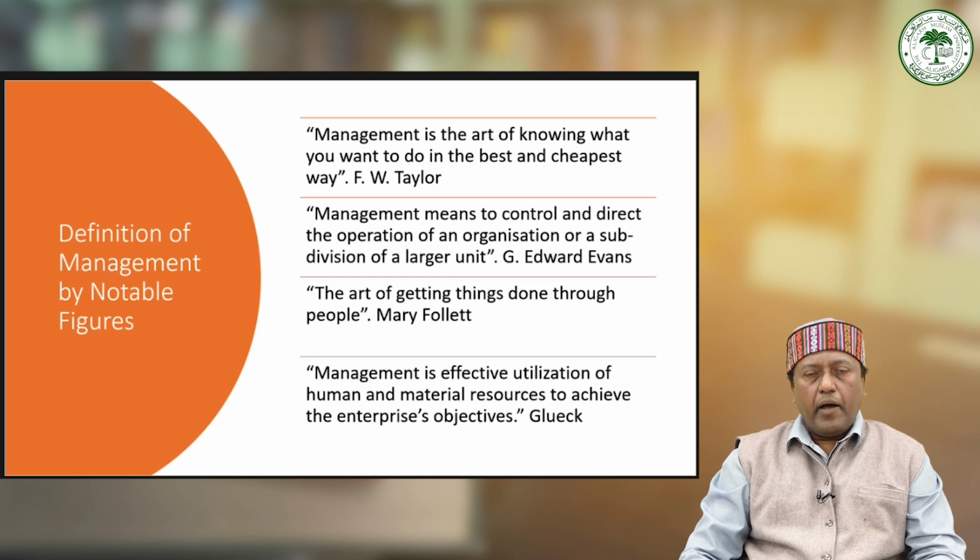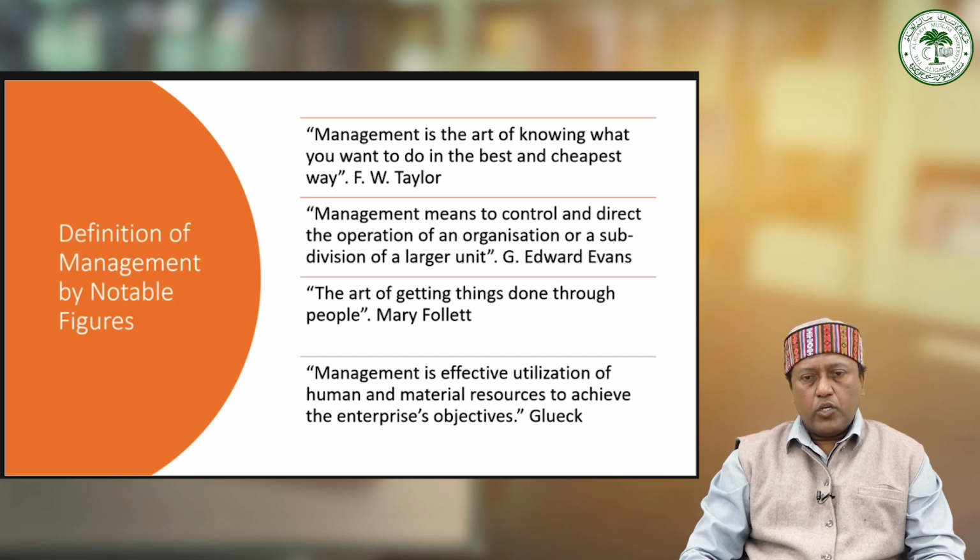So Mary Follett has defined management as an art of getting things done through people. According to Mary Follett, the simple thing is you should know how to get work done. It means human resource capital is more important here. But in any case, the human resource capital should not be underutilized or overutilized. To the best of your efficiency, you have to use the capability and capacity of the human resource. And if you are in a position to utilize their best capabilities, let me tell you, the organization is going to prosper like anything. So this is what management teaches you.